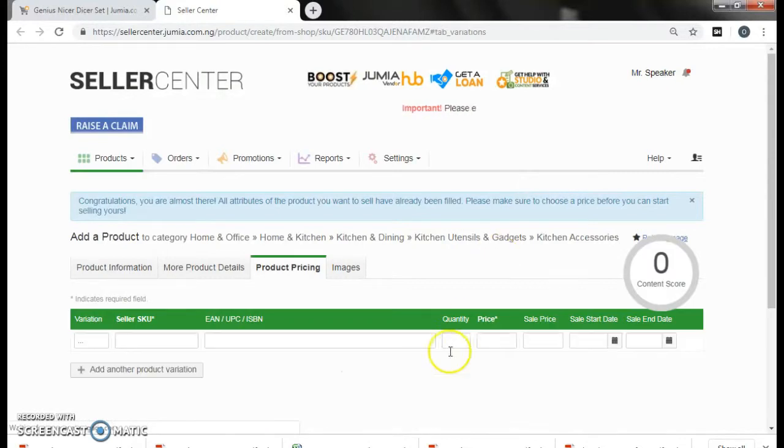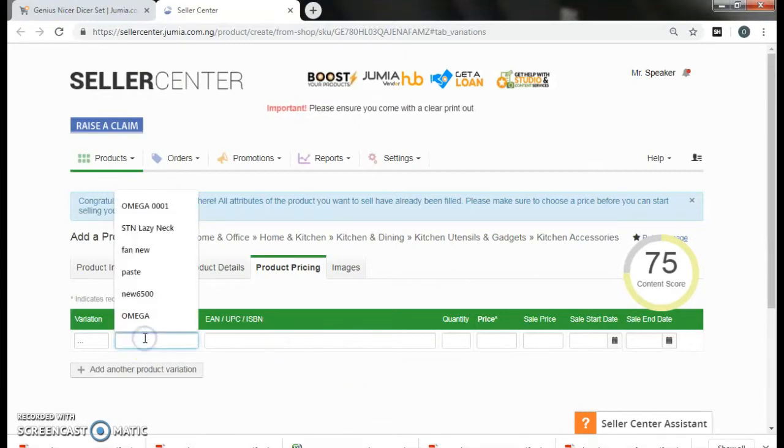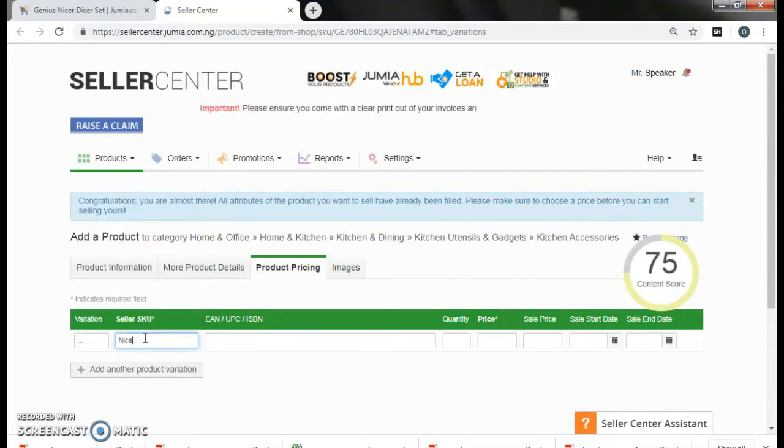So just bring you. You don't have to select the category where it is or wherever. It's already been set by default. The picture is there. So you just set up a seller SKU for it. You can call it Nicer, and the quantity can be 100 or 1000, and then the price can be any price. For instance, I'm giving an example of 5,000 naira,